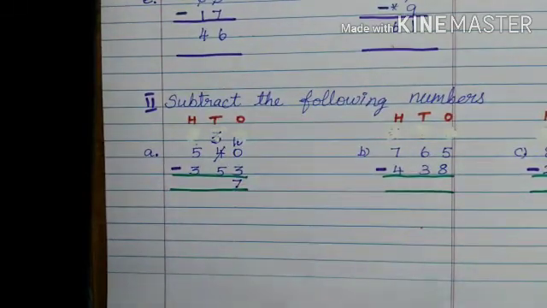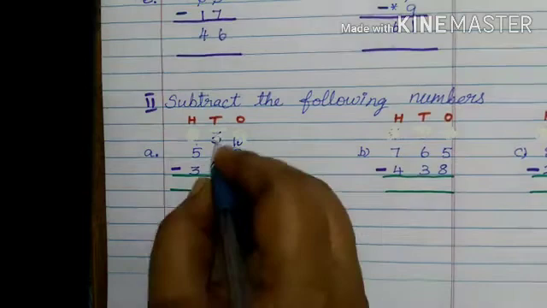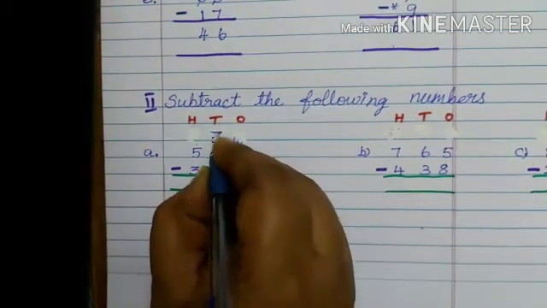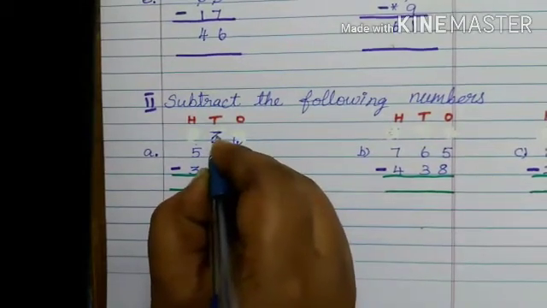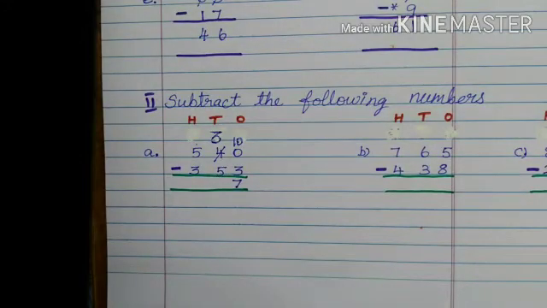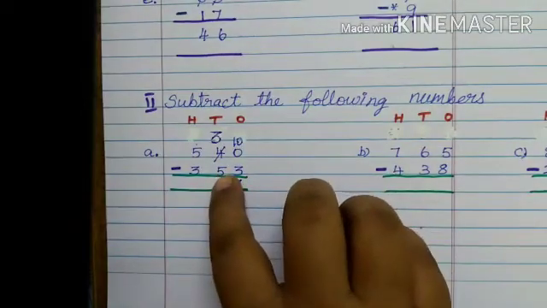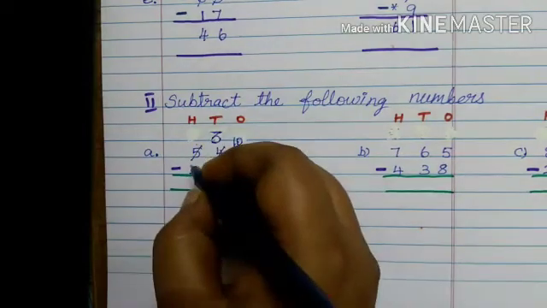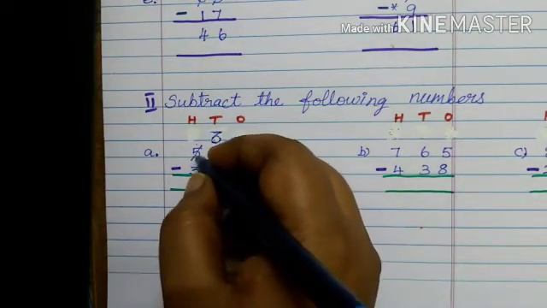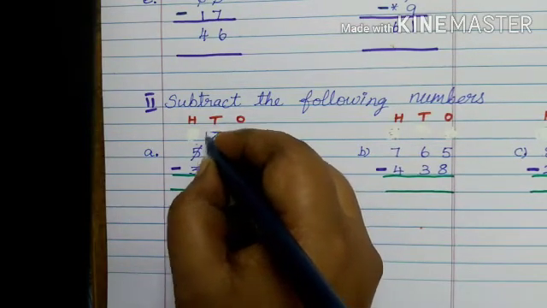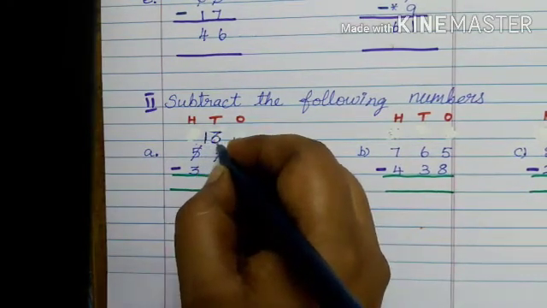The next one, the tens place. In the tens place, don't take this number, here only cut it and write the new number. You take it out and do the sum. So 3 subtract 5 is not possible. So 3 is smaller compared to the second number. Then again you borrow from the hundreds place. The 5 in the hundreds place moves here, so 10 is added. 10 plus 3 is 13.